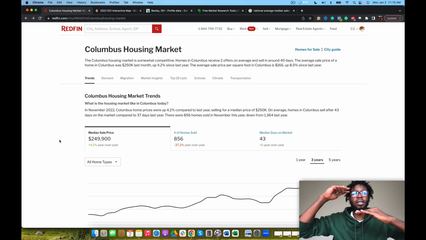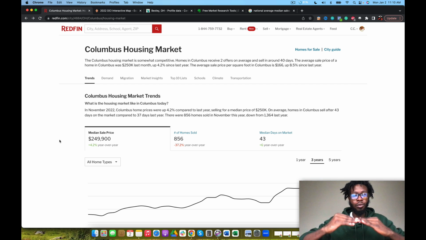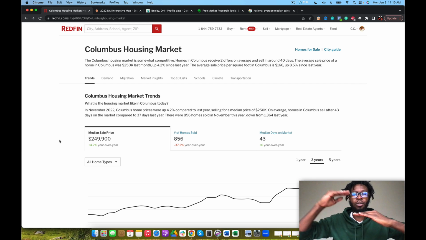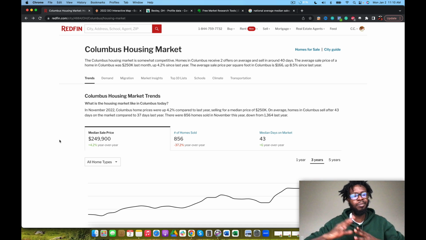Guys, this market has a lot of room to grow before it hits the national average. And when it hits that national average of 480, I might say to you, Columbus might be another city you might want to focus on later. Not now, or it might be a secondary market. Or you might want to pick up